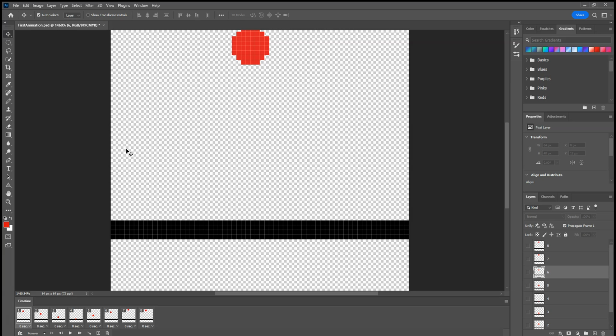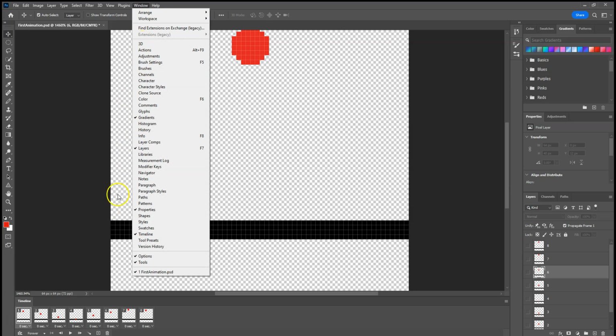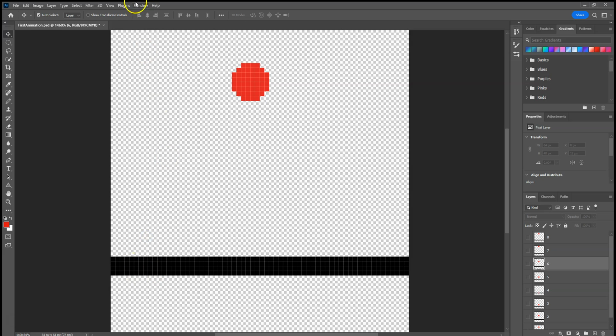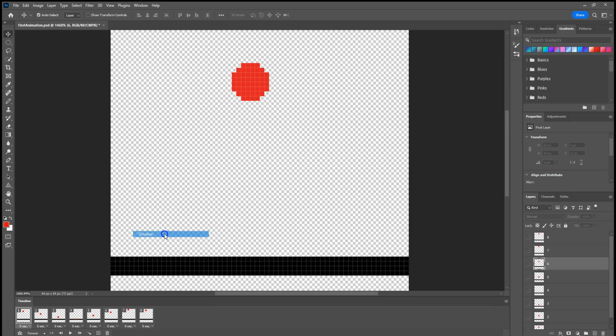The first thing to understand is that we need this little thing down here called a timeline. Now, there are, of course, two different settings in timeline. There's video and there's frame rate. We, of course, are going to be working with frame animations here because we're working in a 2D pixel art space. And if we want to turn on or turn off the timeline, that's simply going here to Window, and then we can just check this little box for timeline. I can, of course, toggle that on and off very easily,